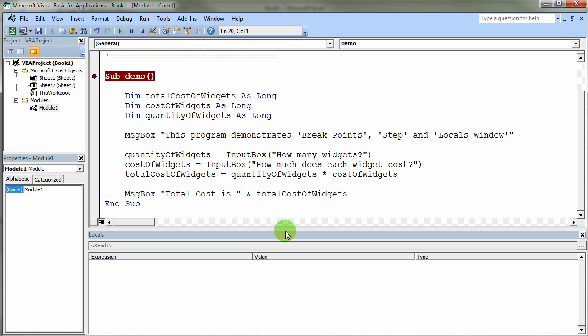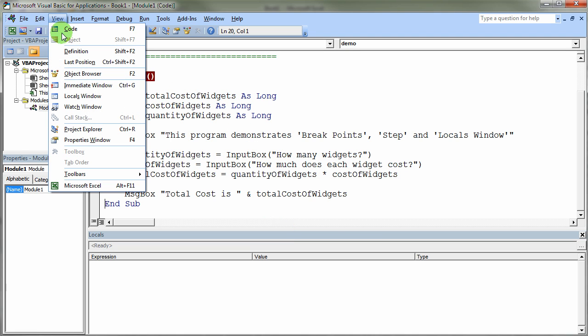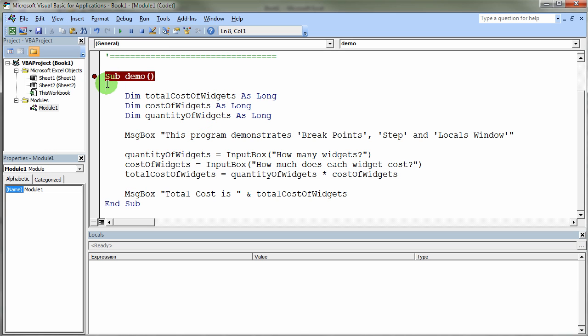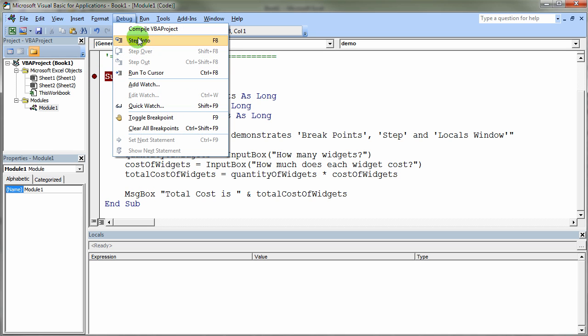It's no longer running. The local watch window is cleared. So again, to use the local watch window, you essentially have to use your view menu and display it on the screen with the locals watch window option here. You would put a breakpoint in your program. You can put it right at the top, or if you really wanted to, you could break way down here on this message box. Then the whole program will just run straight through until it gets to the message box down at the bottom. But I like to break at the top, and then you can use the F8 key to step